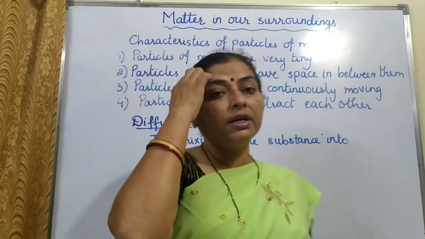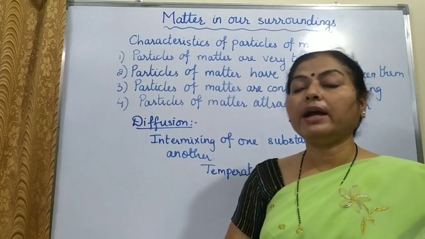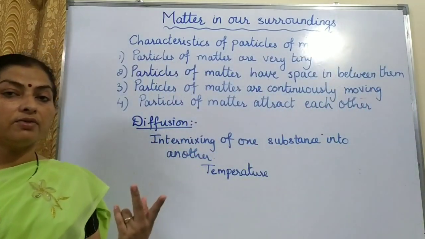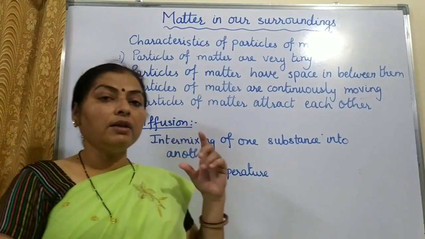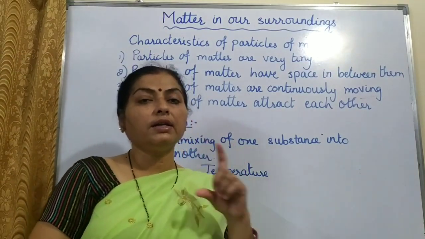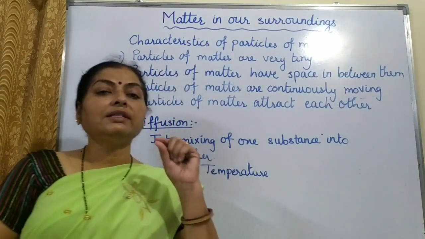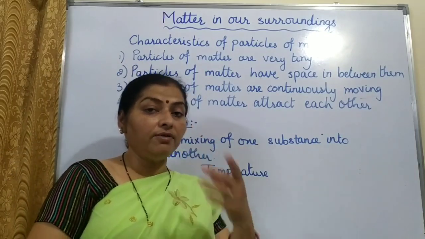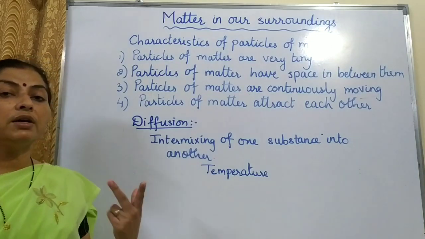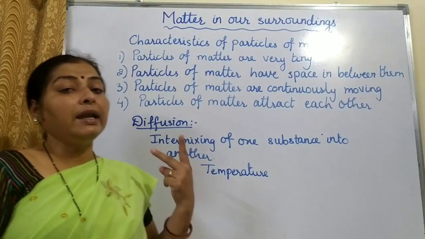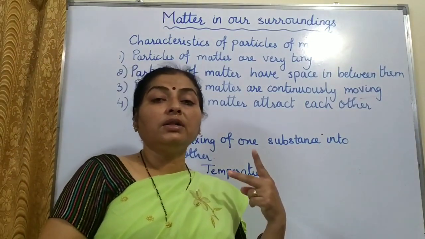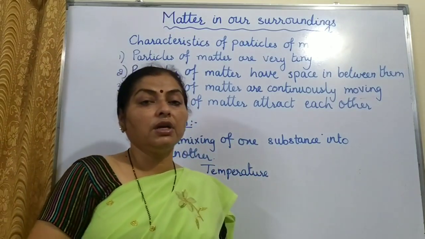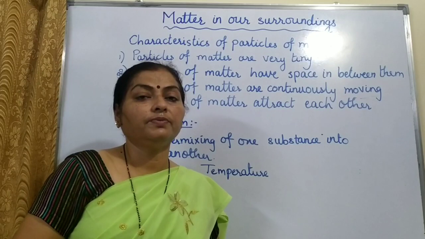So in order to understand this, let us see one more activity wherein we will take 2 glasses of water, in which in one glass we will have cold water, in another hot water, and we will do the same activity wherein we had put a drop of ink on the surface of water and how it diffuses. So here we will have water at 2 different temperatures. Let us see how the diffusion, that is the intermixing, is affected by the temperature. So let us watch this video.